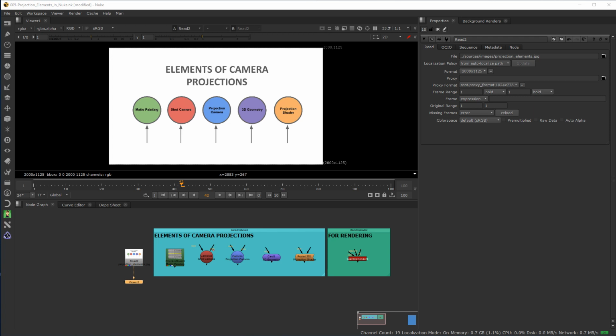In this short video, I'm going to demonstrate how to put together a basic camera projection setup using Nuke. So you can see I've already got a script open here with some nodes and various other elements contained within it. And I've already got my viewer connected up to this graphic. Okay, this graphic shows the nodes required to set up a camera projection in Nuke, and I want to quickly